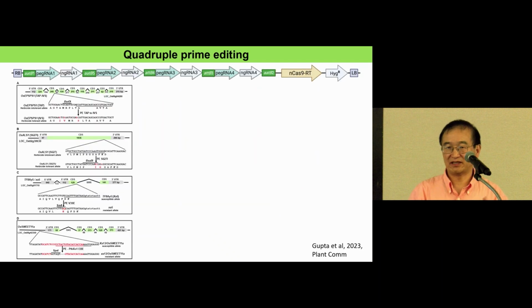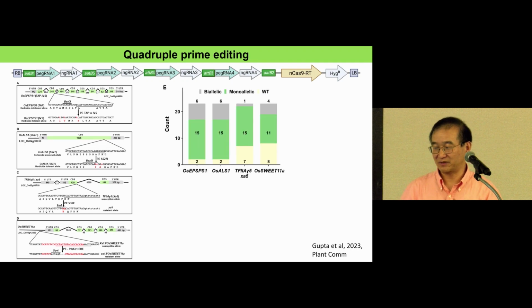And the last one is a quadruple, making the 4 guides, where 2 guide RNAs or 2 sites are for prime editing for disease resistance, and another 2 for herbicide resistance. In this case, with the ALS and EPSPS, the plants could be resistant to herbicide if edited. And this is the result of the biallelic, monoallelic, and the wild type. As you can see, the wild type